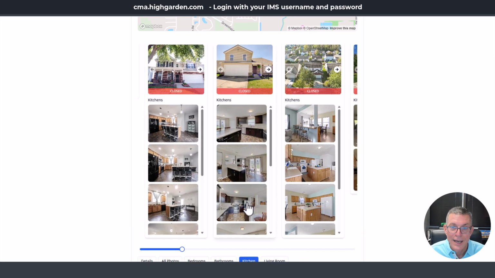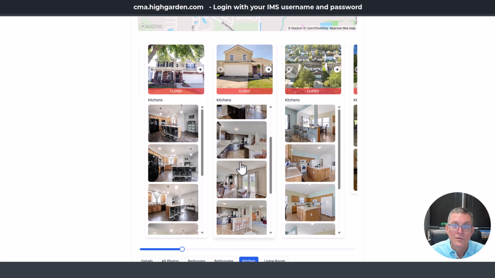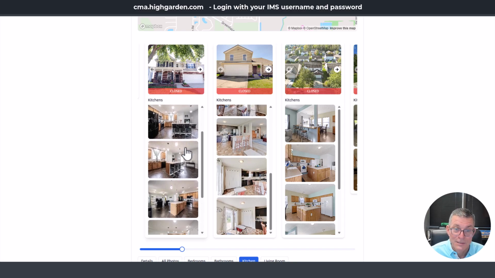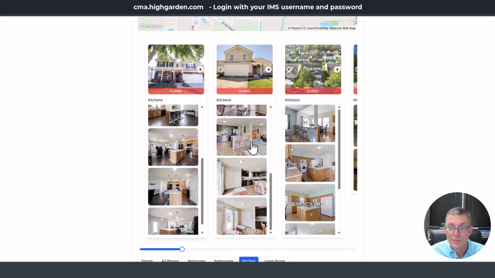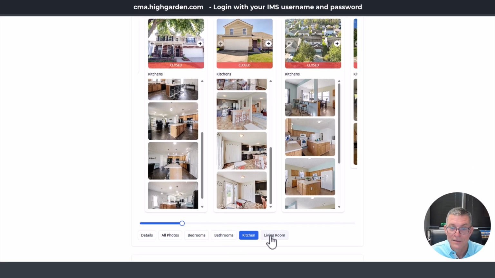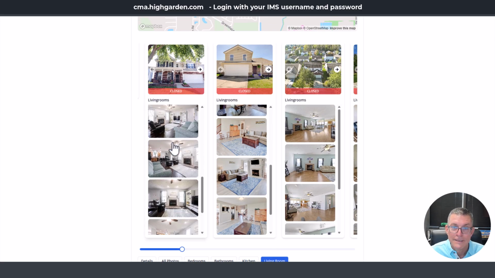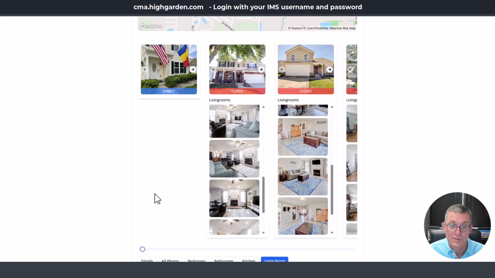This is the cool part. We use AI to analyze all the images and label them by kitchen, bathrooms, living room, bedrooms. So you could walk through your client and say, this house has a really nice kitchen compared to yours. This is a nicer kitchen compared to yours. You can come down here and click on living room, and now we change the living room view. So it's a way to explain to your client, or show them the differences in their property versus the comparables